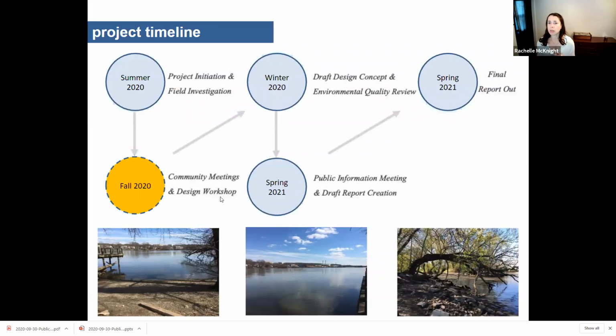So this is the timeline. This is a basic overview. We started early summer of 2020. We originally had the project back in February and March, but of course, as everybody knows, the pandemic hit, so things got stalled and delayed. We did have an opportunity to go out and start doing some of our field investigations in the late spring and the early summer. We've compiled a field summary report. We've been sharing that with the project advisory committee made up of agency officials and stakeholders. And now we are, as you know, because you're here, in the public engagement portion of the project.